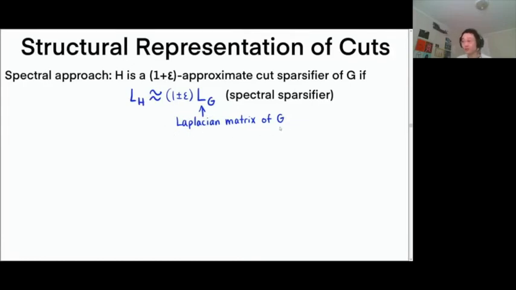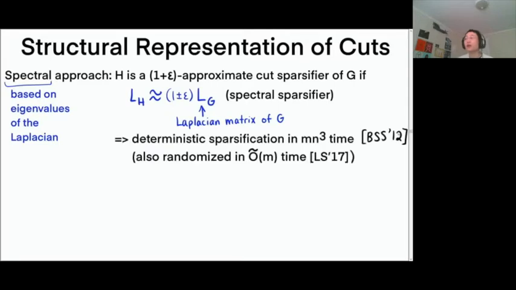If the Laplacian of the sparsifier is roughly the Laplacian of the graph. And here, the reason why it's called spectral is because it's based on the eigenvalues of the Laplacian. So in particular, the eigenvalues are up to 1 plus epsilon of each other. And this led to a deterministic sparsification routine by Batson, Spielman, and Srivastava,